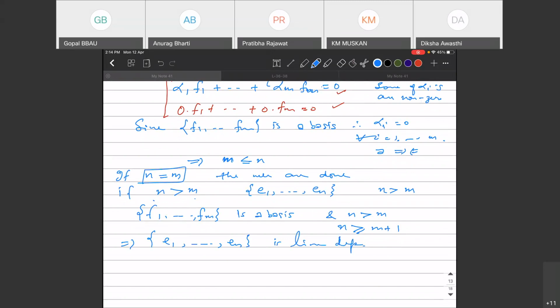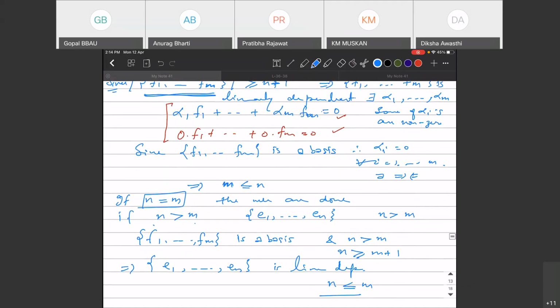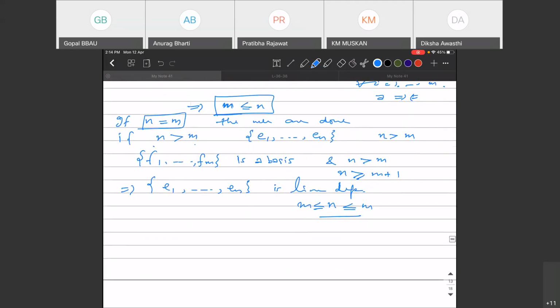And by the same procedure we will get n is less than or equal to m. And in the above, what we got is m is less than or equal to n. This then implies n equals m. We are done. So arguing as above, we have